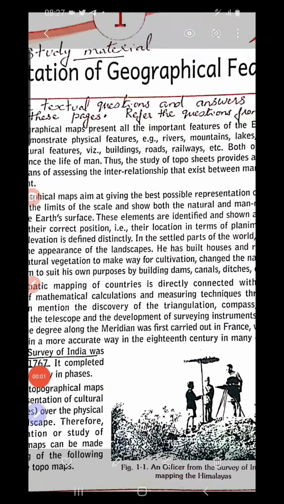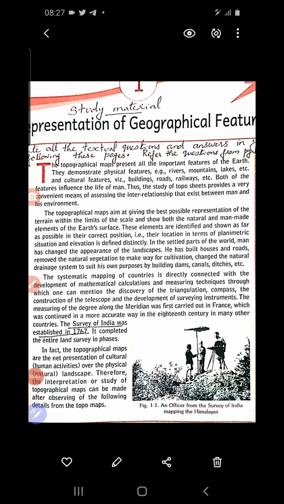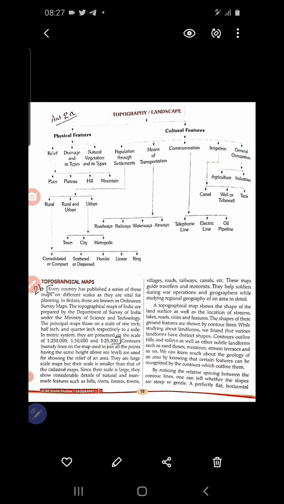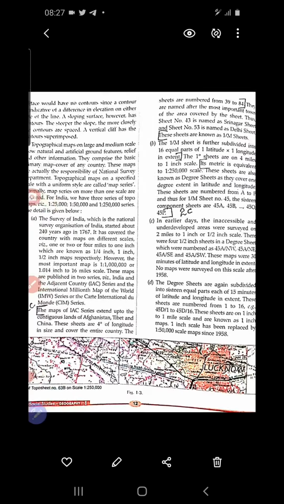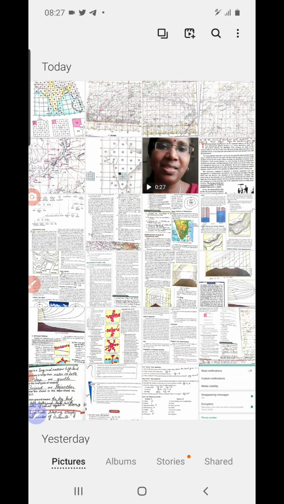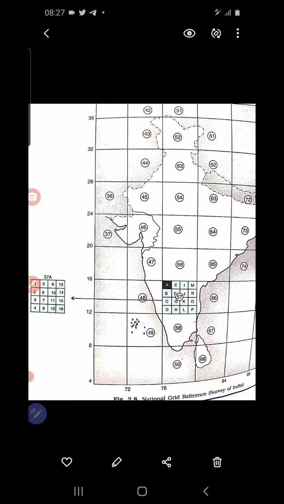Children, we began this chapter by discussing the year in which the survey map came into existence, that is during the British period. Then we also discussed both natural and man-made features. Then in these question answers we discussed the 3 important series of survey map. I hope that you understood that. Even then, once again we can discuss these 3 series of survey map with the help of some other map.